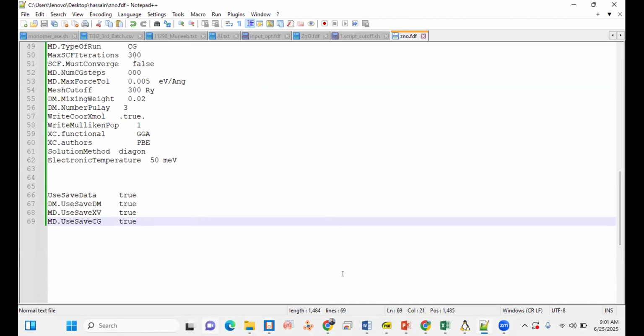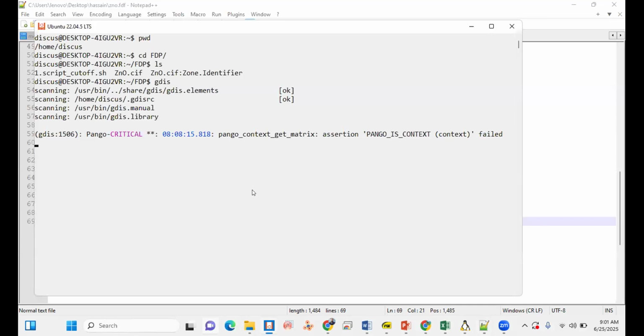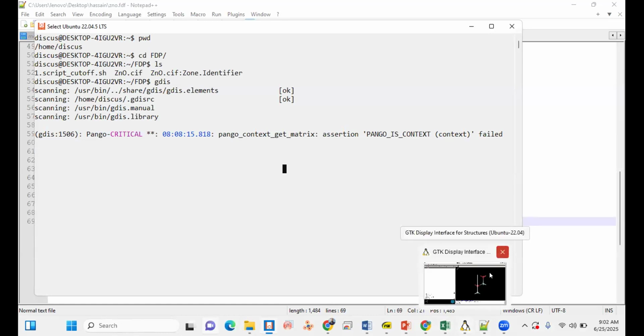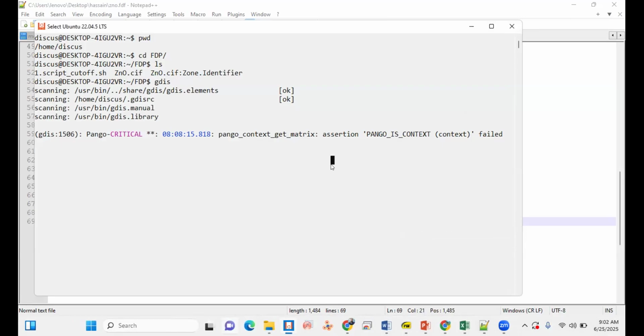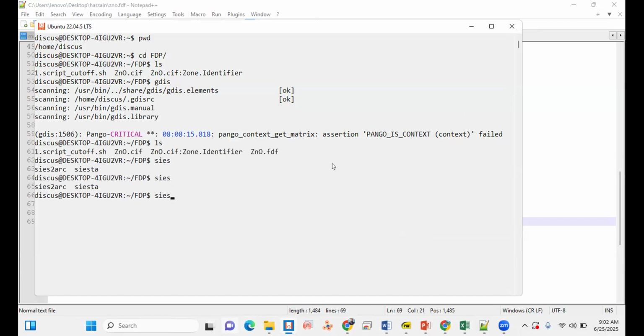But I'm now on the Windows system, and okay. I don't know exactly whether I have SIESTA here or not. Just a minute. When your WSL SIESTA is installed on. Yes. So basically, the issue, and you know that WSL always misbehaves about that, but yeah, SIESTA is here. We can start.